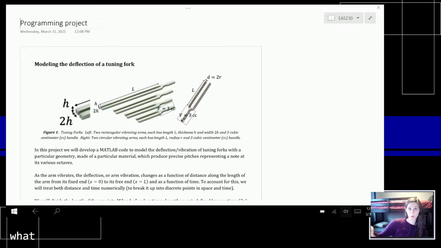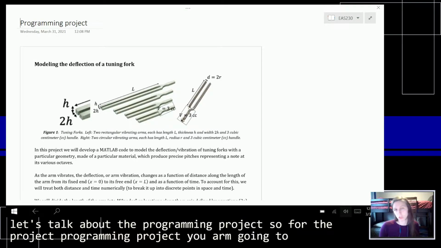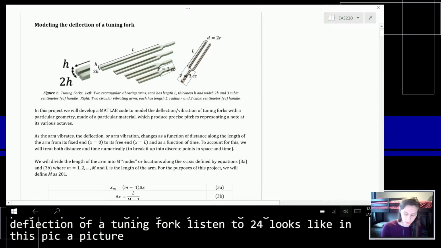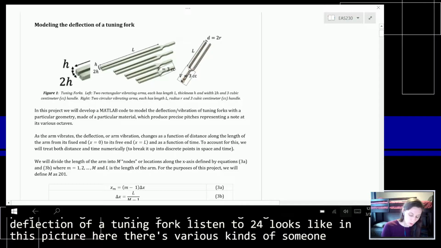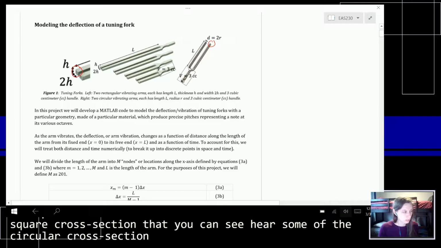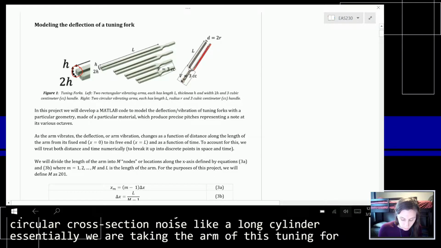Let's talk about the programming project. For the programming project, you are going to model the deflection of a tuning fork. This is what a tuning fork looks like in this picture here. There's various kinds, some with a square cross-section that you can see here, some with a circular cross-section, like a long cylinder. Essentially, we are taking the arm of this tuning fork, and we are checking to see